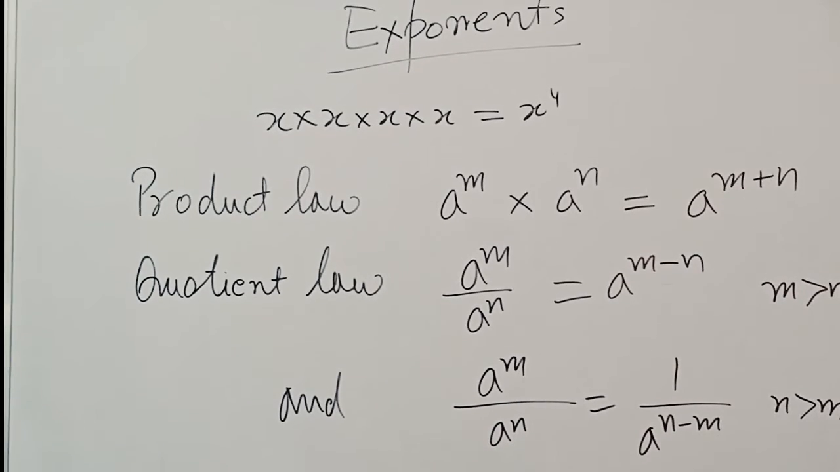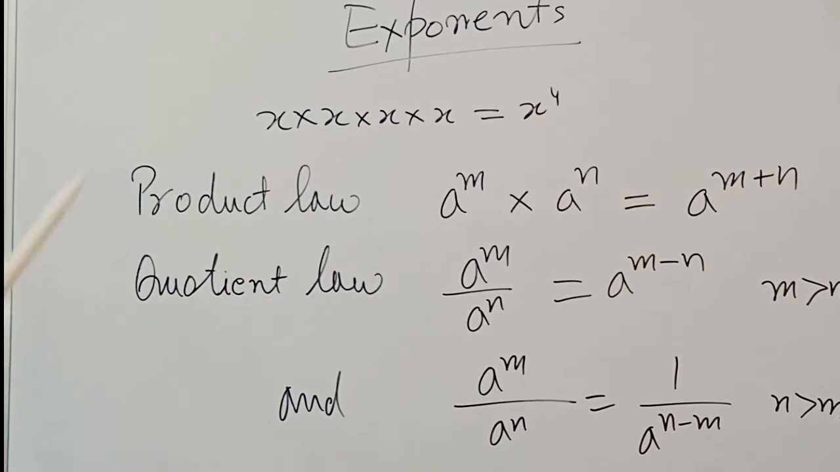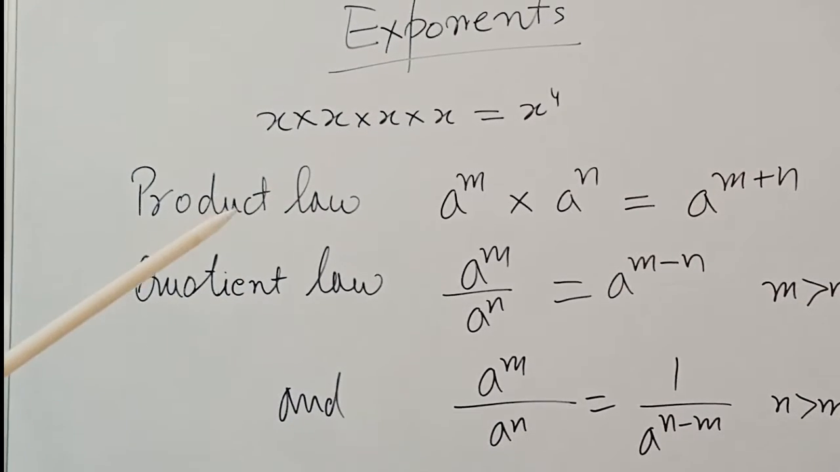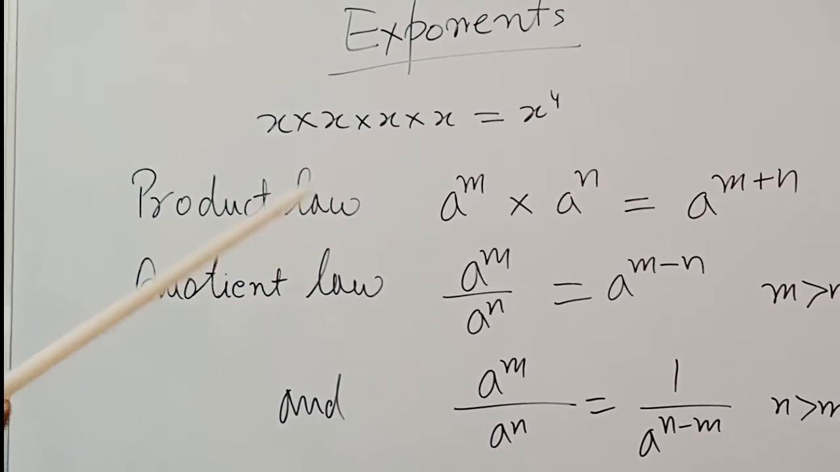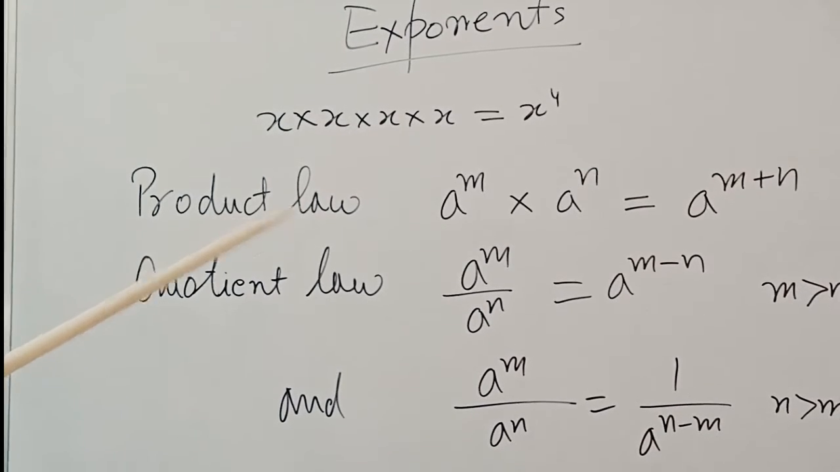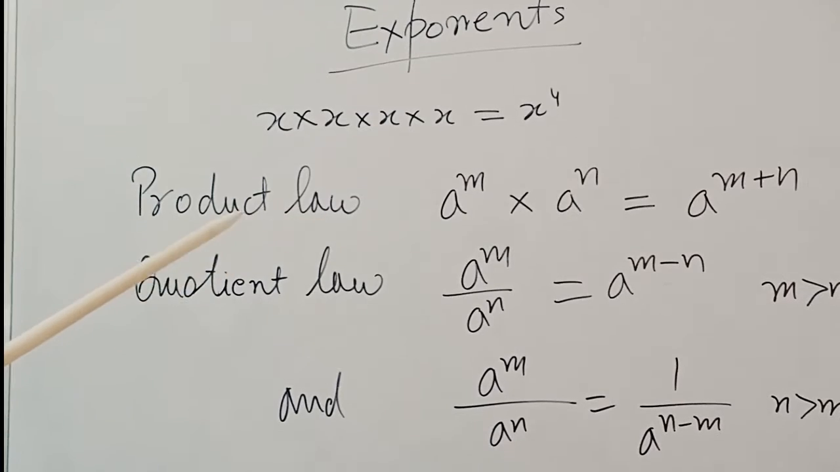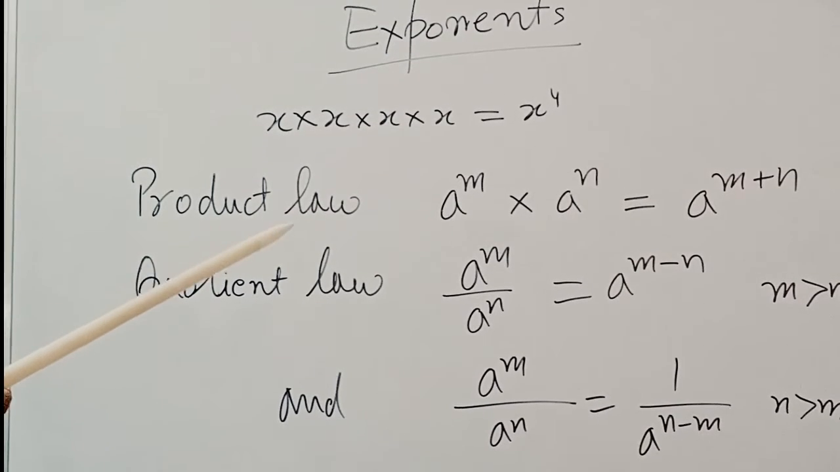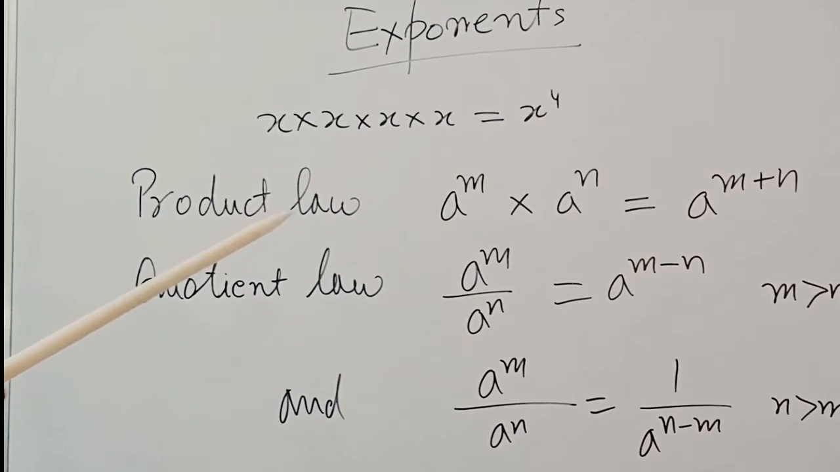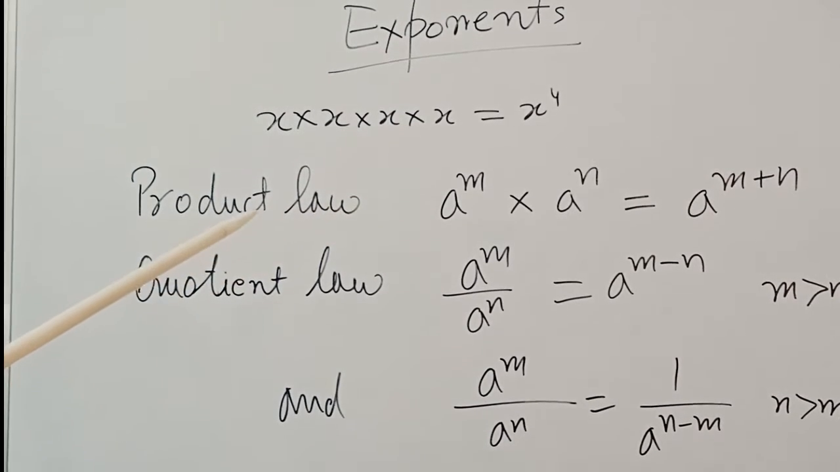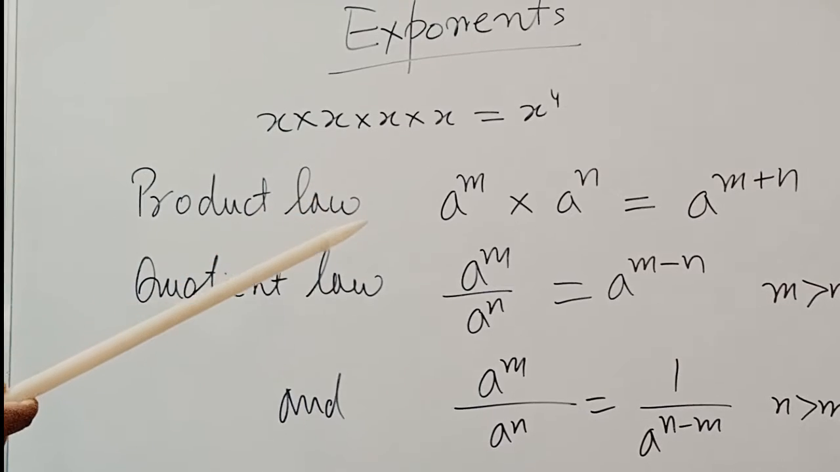Whenever the numbers multiply together with a different power, the powers will add together. Suppose we have a to the power m and a to the power n. Here the base is the same, that is a, and the power is different. Multiplying together, the powers will add together. So we will write a to the power m multiply a to the power n equal to a to the